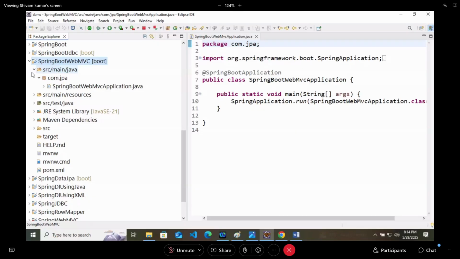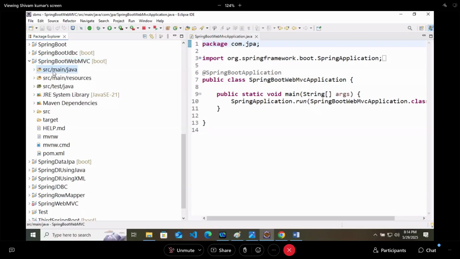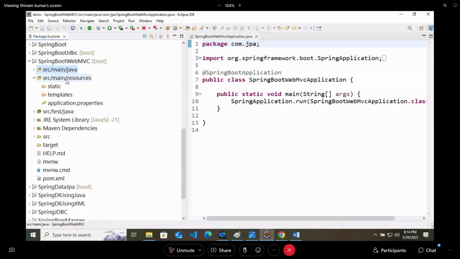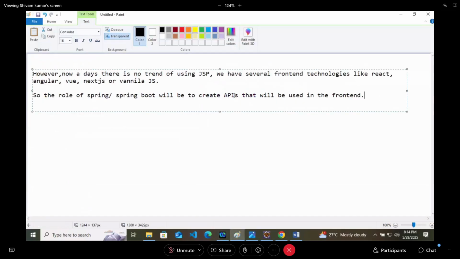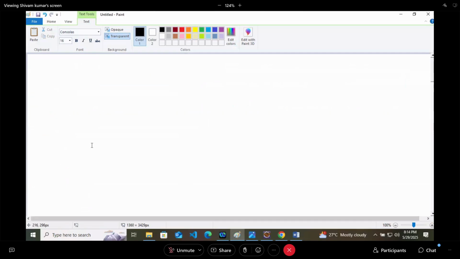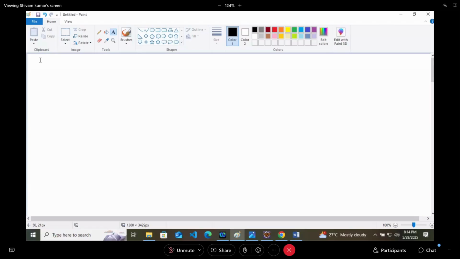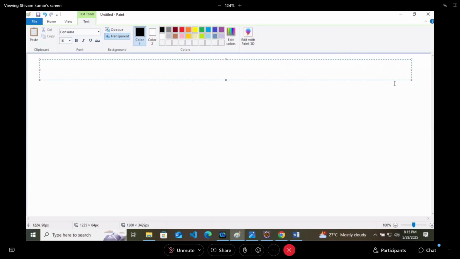So let me mention the steps, because you can get some problems here. Implementing the Web MVC design pattern using Spring Boot.